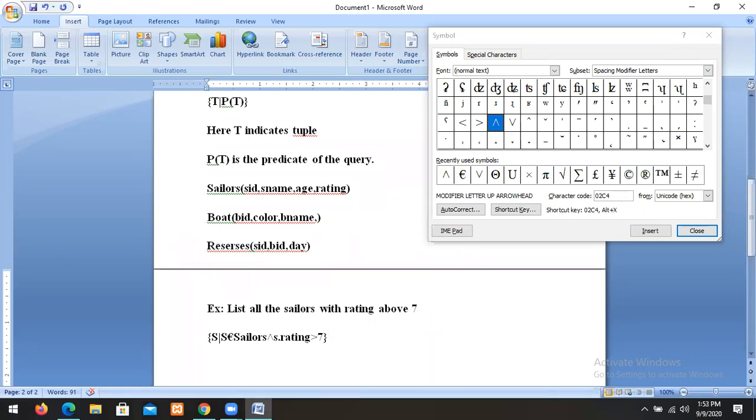This is the way we use tuple calculus. So we use some mathematical operations on tuple calculus.